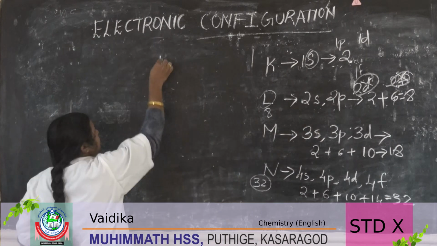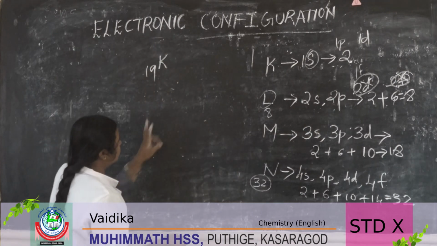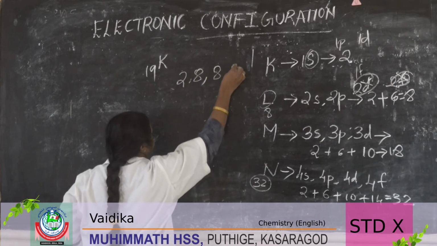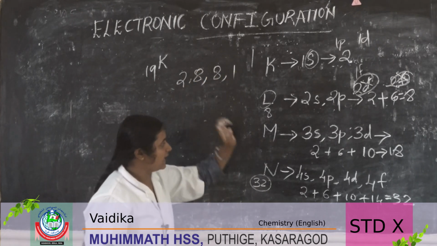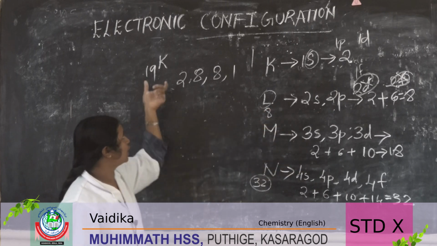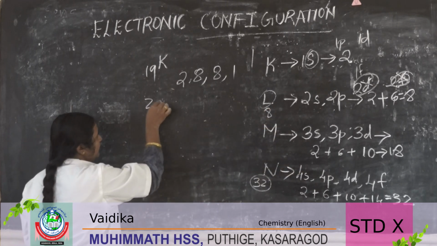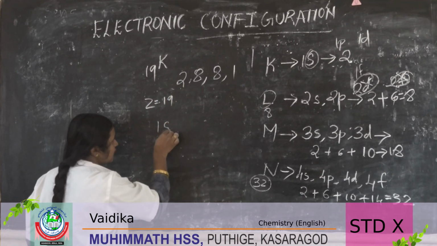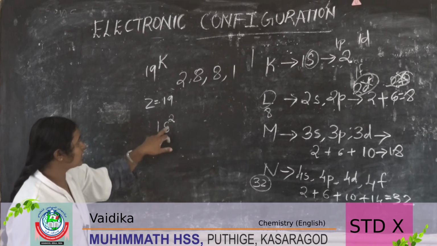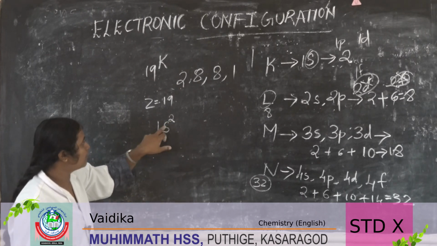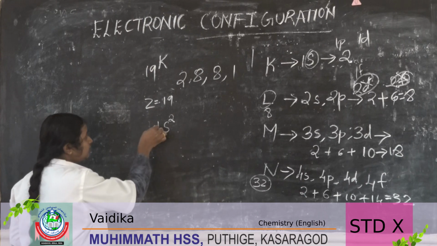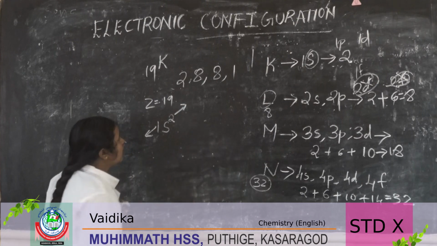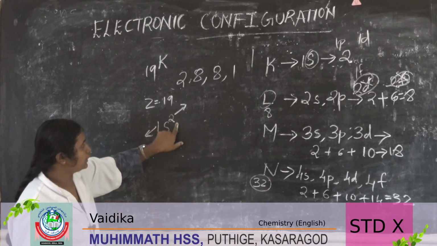Are you getting? That is the K19. What we told before, that is 2, 8, 8, 1. Why like this? Let us write the subshell electronic configuration of K19. Z will be 19, right? So let us write. In the K shell, the subshell will be 1s. The electrons can be written here above the s. This number represents the shell number and this is the number of electrons.